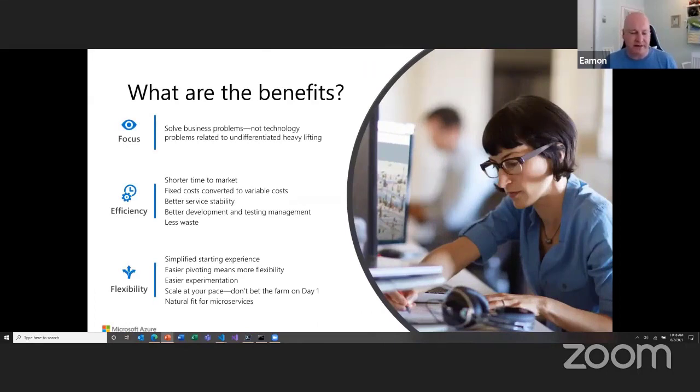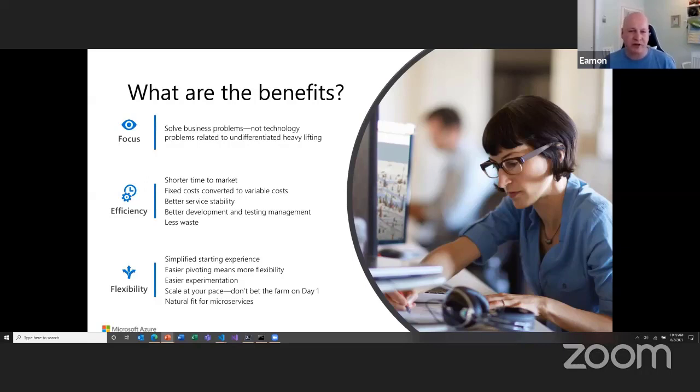Some of the benefits I mentioned before: the ultimate goal of functions and logic apps and all of our PaaS services to some extent is to allow you to focus more on the business problem you're trying to solve and less on the management. I used to work in System Center, and it took a lot of time working with the developer teams and the ops teams to try to understand what the application can do. Do we have the right infrastructure in place? How are we going to manage that? What are your scale and performance requirements?